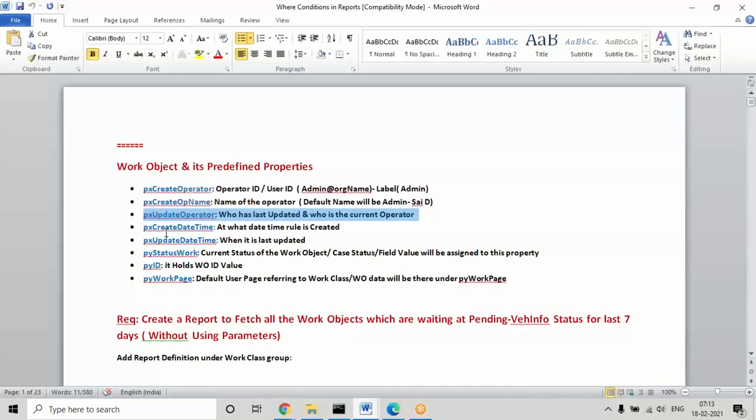Also, px create date time and px update date time properties record when the rule was created and when it was updated. Sometimes we may use these properties inside reports or in report conditions if required. Not mandatory, but if you want to fetch that information, we can use them.